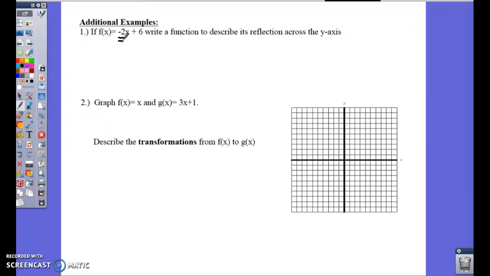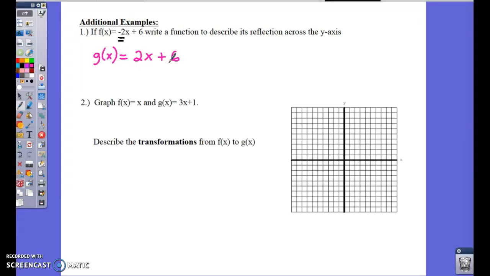In this case, if it's negative to begin with, and we're trying to create the reflection, all we do is give the function a new name of g of x, and we change the slope from a negative 2 to a positive 2. And again, we do keep the y-intercept the same, so that would be a function that would describe the reflection across the y-axis. And then finally, the last example on this page asks us to graph f of x and